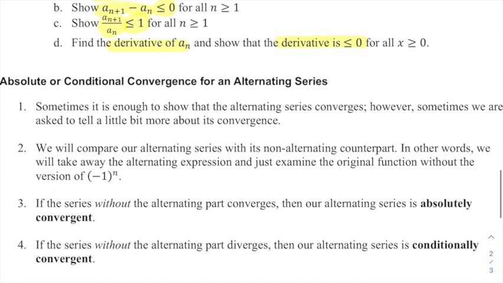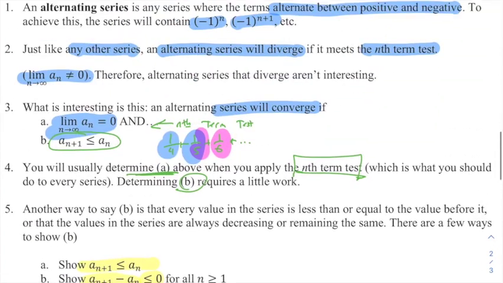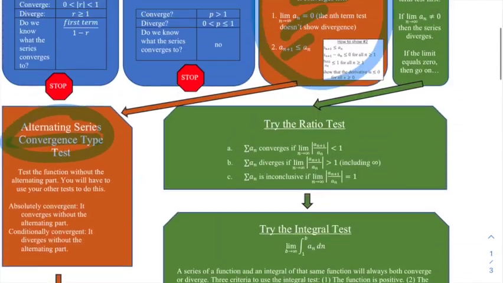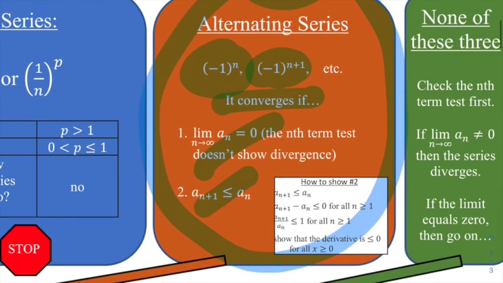Less than or equal to 0, it could remain the same. So we will practice all of this in just a minute. But I want to go ahead and move on to the next part before we throw in a practice problem. So where are we? In our boxes here, we see an alternating series has that (-1) to some n